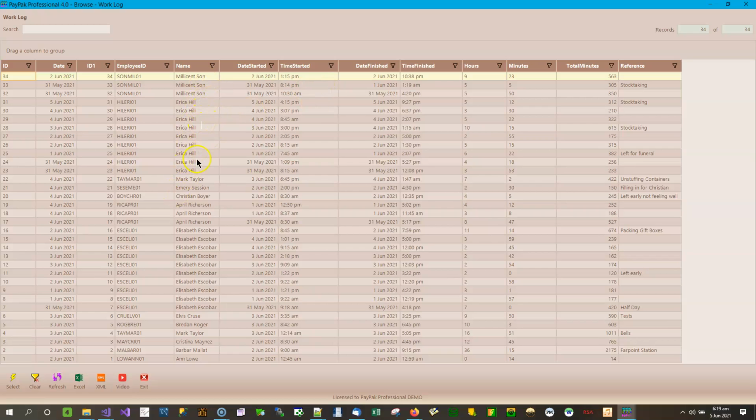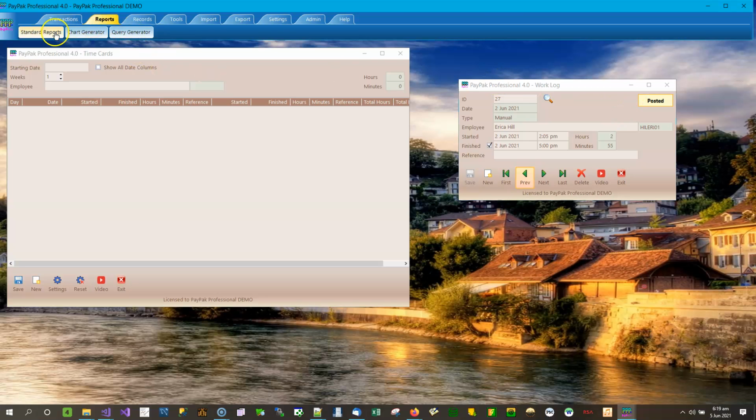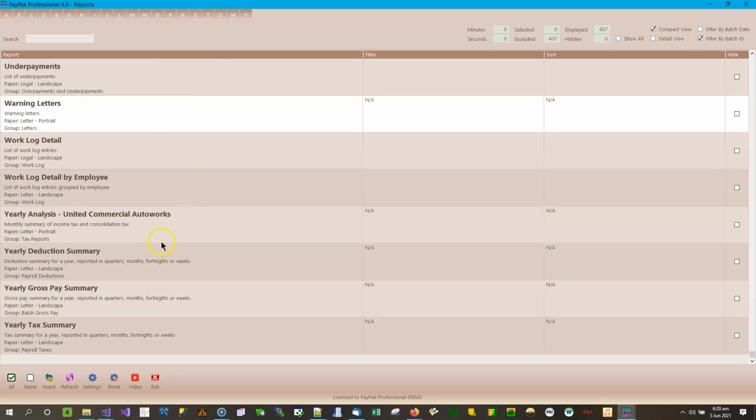These are the other entries for Erica Hill. And there would have been entries made through the work log through other screens before, previous entries in the database. Now, these entries can be printed. There are 2 reports which allow you to see these entries. Let's go to the reports part of the screen, standard reports, and I'm going to click on the W. There we go. And there is the work log detail,